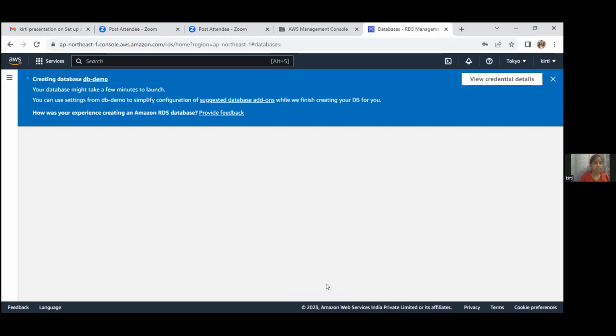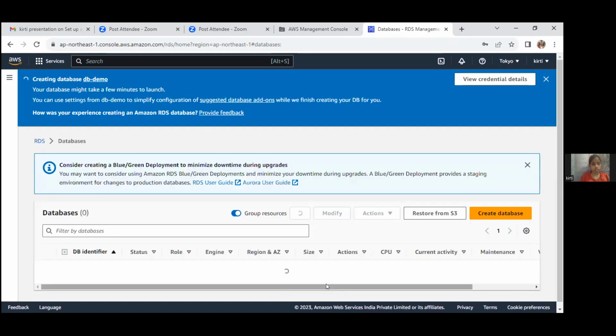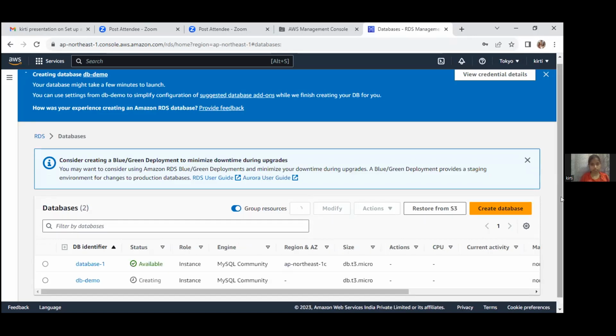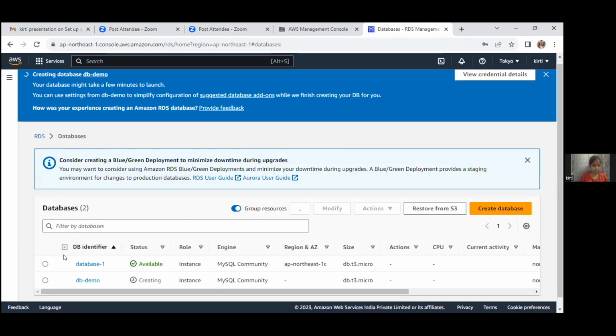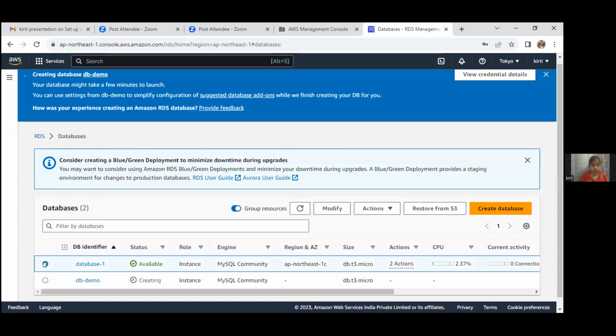It will take time to launch. So we have already launched a database, which is named database 1.